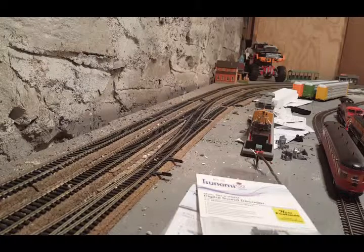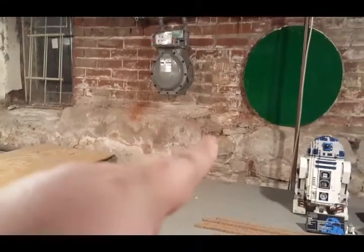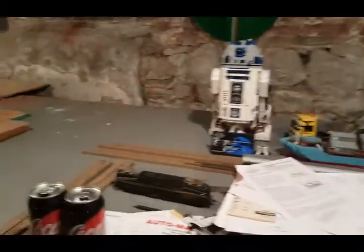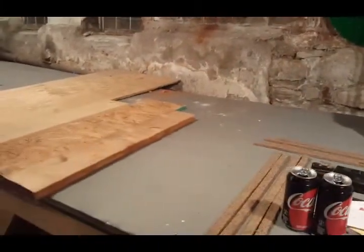River Railroad. At the moment, it's kind of a mess down here, because I had some work done on the gas meter in the basement. As you can see, the gas meter was about right where my finger is. It was right there. And now they moved it up, so I'm going to put my main lines all the way up against the backside again and attempt to run